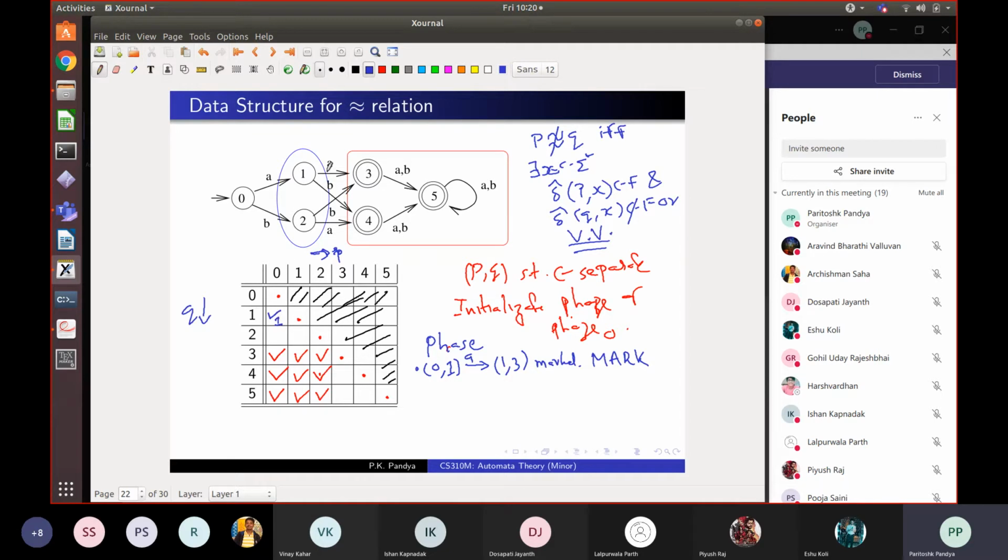What about 0, 2? Similarly we could consider 0, 1 and the letter B, on a B. But we don't need to consider 0, 1 anymore because it has already got marked. So even if other letters mark it, we don't care. It's already ticked. So we go to the next unmarked square, which is 0, 2. On 0, 2, on a letter A, what happens? What pair will I go to?